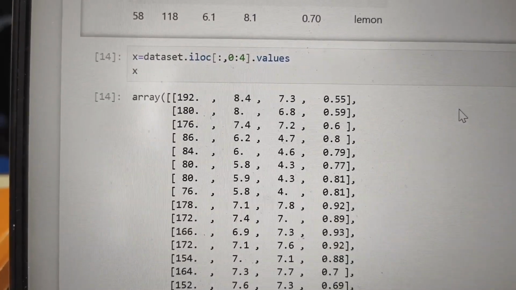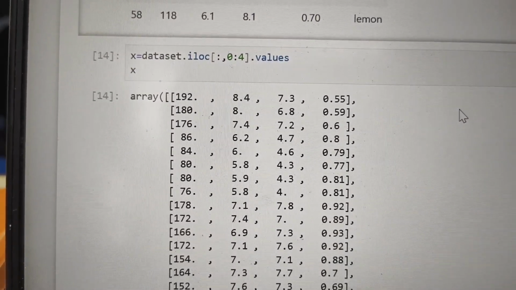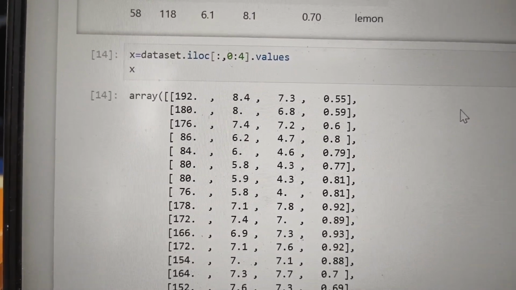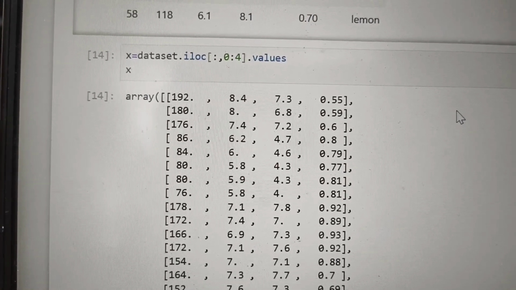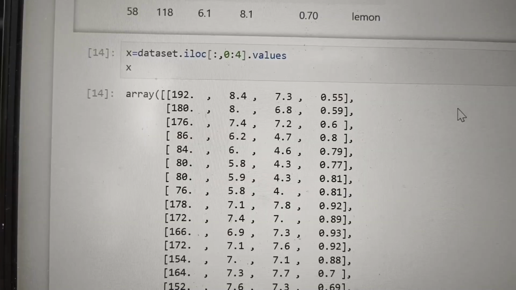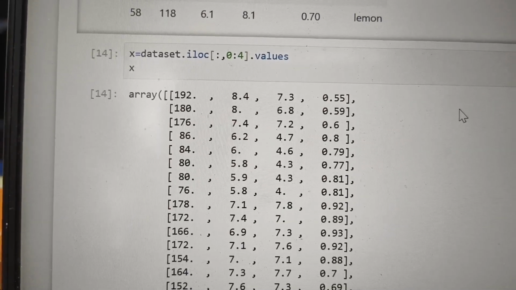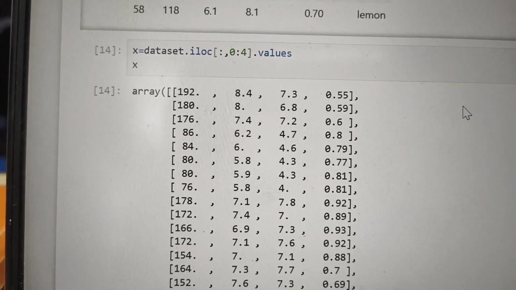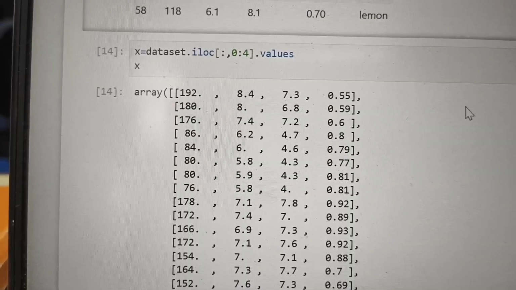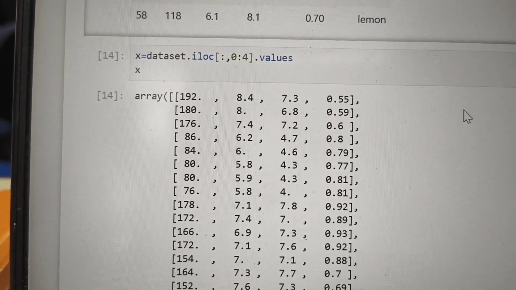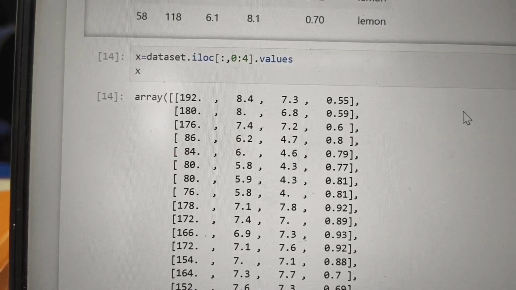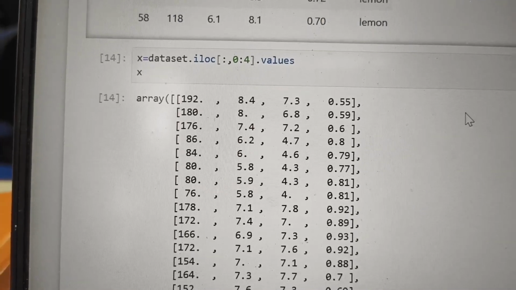After the comma, 0:4. The colon is used to separate the start and end index. So the start index is 0, and the number 4 after the colon indicates the fourth index is excluded.